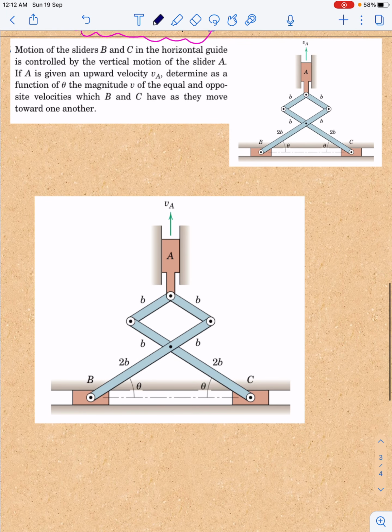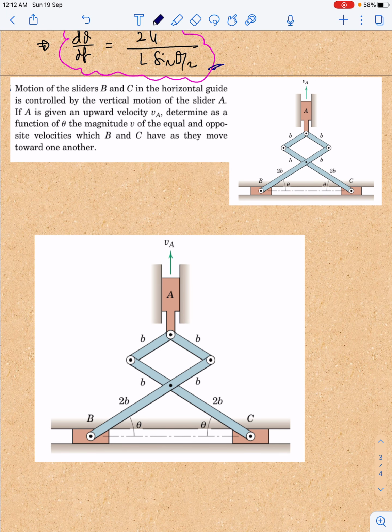Now in this series, the last question is similar to the previous question that we have solved, and it is very easily doable. We will do it at a rapid pace. How will we do it? You see, this is 2b sine theta and this b is given, so I can imagine this distance is b sine theta and this is also b sine theta. This is 2b sine theta, this perpendicular distance.